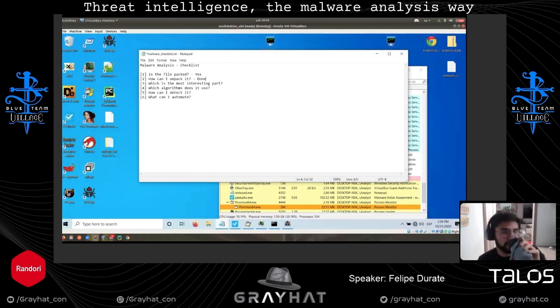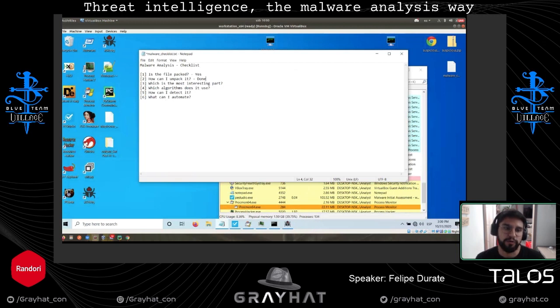Now, the next part is the part in which we are actually going to do some reversing. And because we're going to do some reversing, you need to remember, we don't want to focus on the whole file, because you are going to find a bunch of lines of code, I don't know, like thousands, and if you don't know what you are looking for, you are going to be lost. So we need to find the most interesting part of the file.